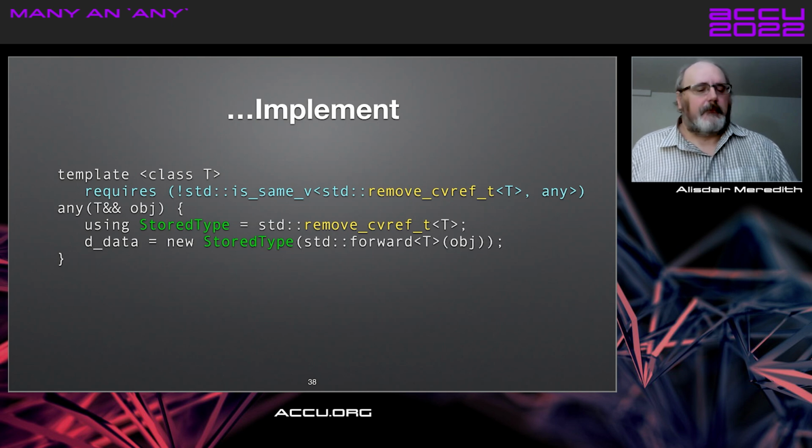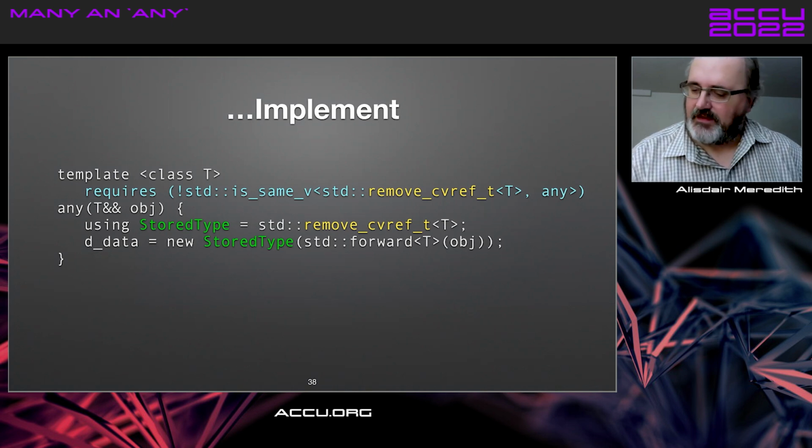This is one of those wonderful issues that confuses people for the longest time as they're trying to understand this. But understanding that simply T could be an L value reference, which is what's happening when we pass y to that constructor. So what we want to do is strip all the references and CV qualifiers and say, if after I've stripped all the references,